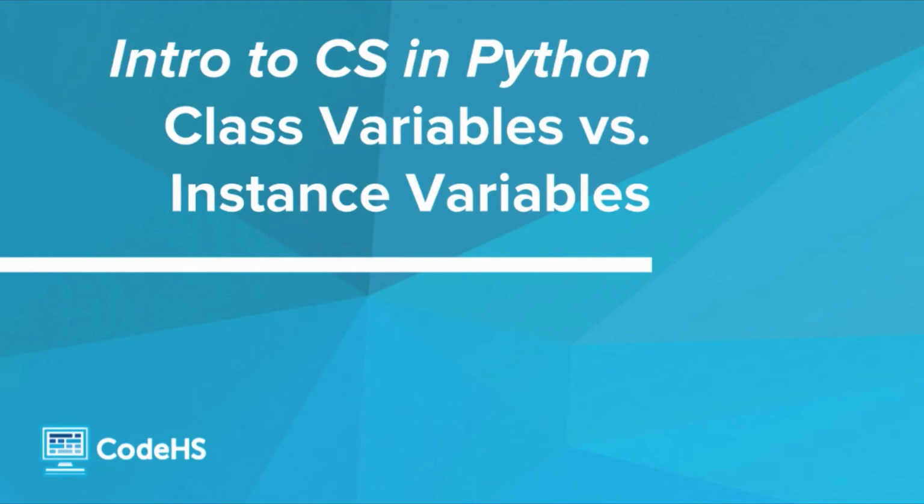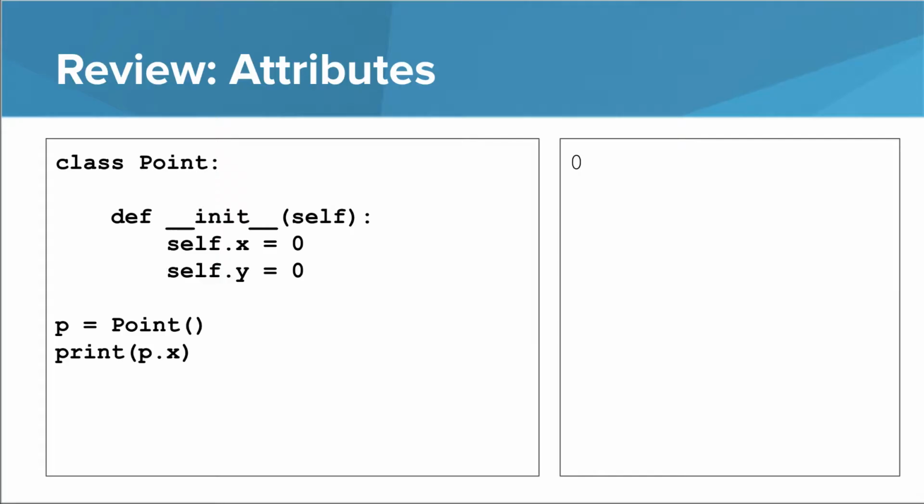Hi there. In this video, I'd like to distinguish between two types of variables that can exist in classes, class variables and instance variables. You've seen how attributes can be set on all instances using the init method. Attributes are also called instance variables. Every instance of the point class will have the instance variables x and y, though each point can have different